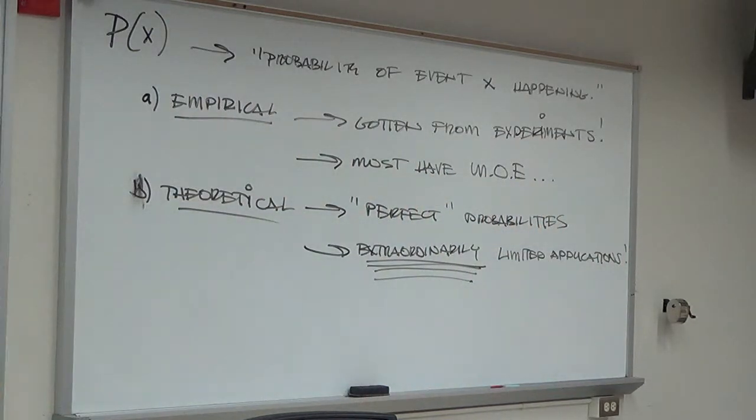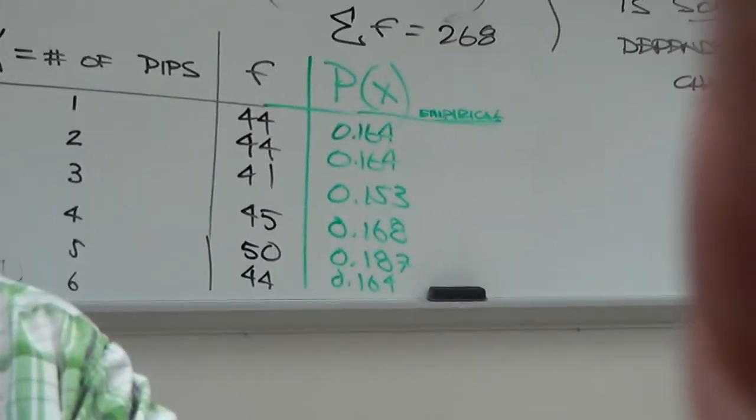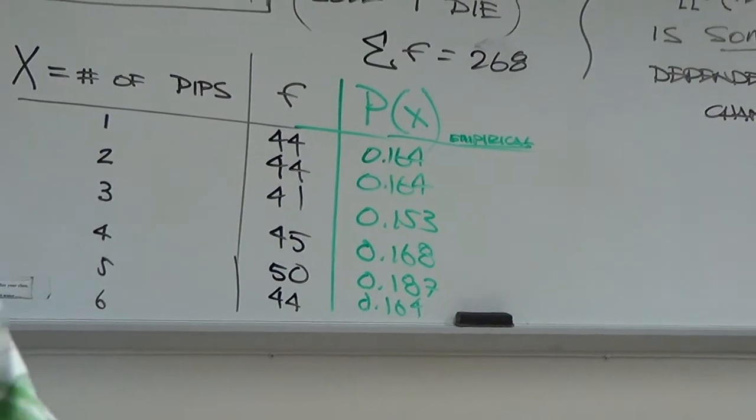For example, the experiment you guys just did, I very, very carefully selected the experiments we're doing in class today and Wednesday. Because the first few examples we're actually going to do have perfect probabilities that I want to compare with the theoretical ones. For example, what is the theoretical probability of rolling a 1